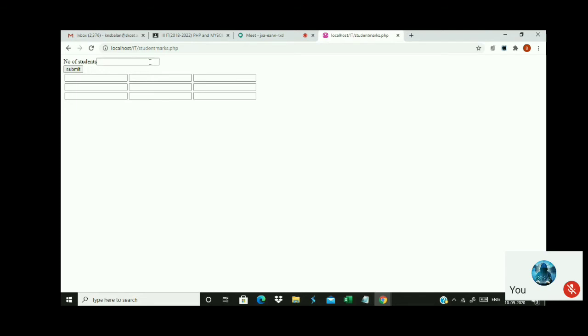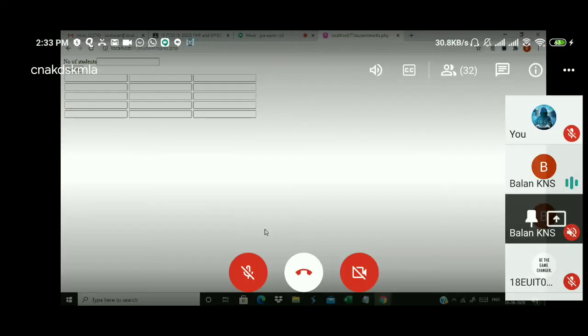Are you able to understand? Suppose I just enter 5 here. Now see here, there will be 5 rows of text boxes. I am putting it in the same file. Are you able to understand? Mukundan, are you able to understand? Clear, sir. Okay. Naresh, are you able to get it?